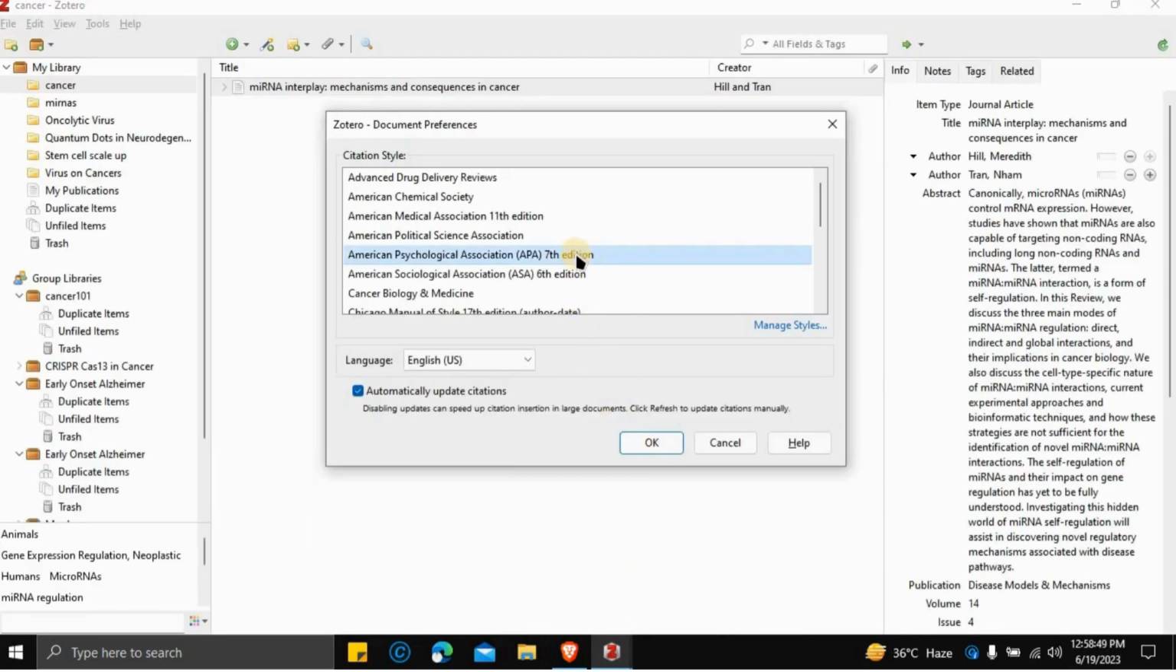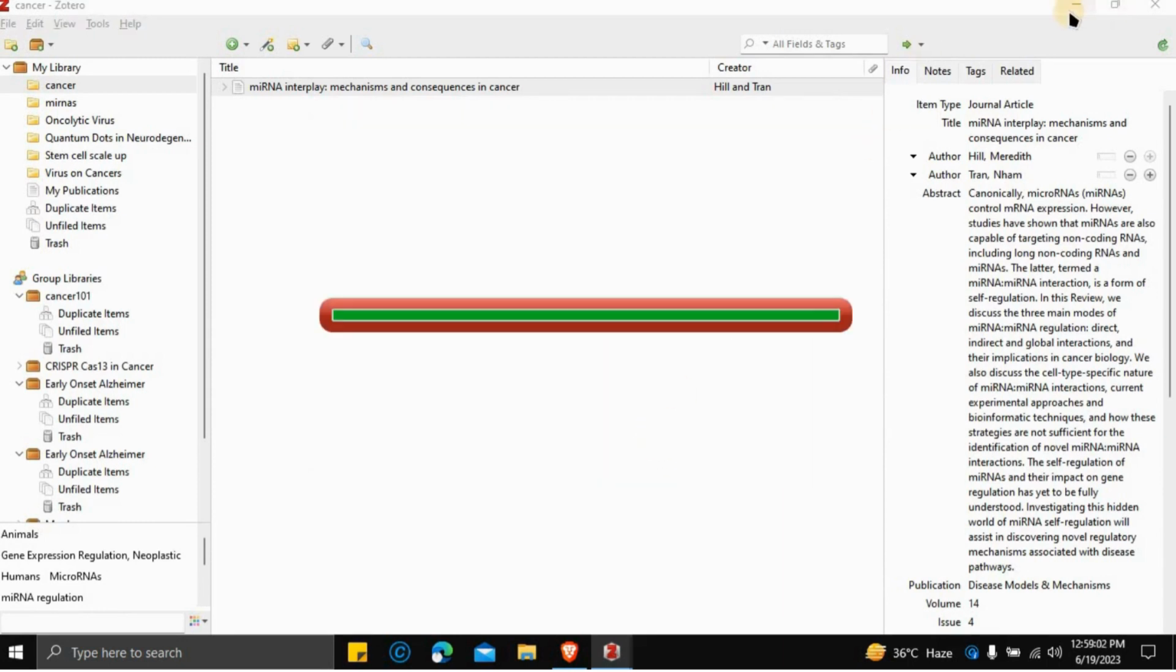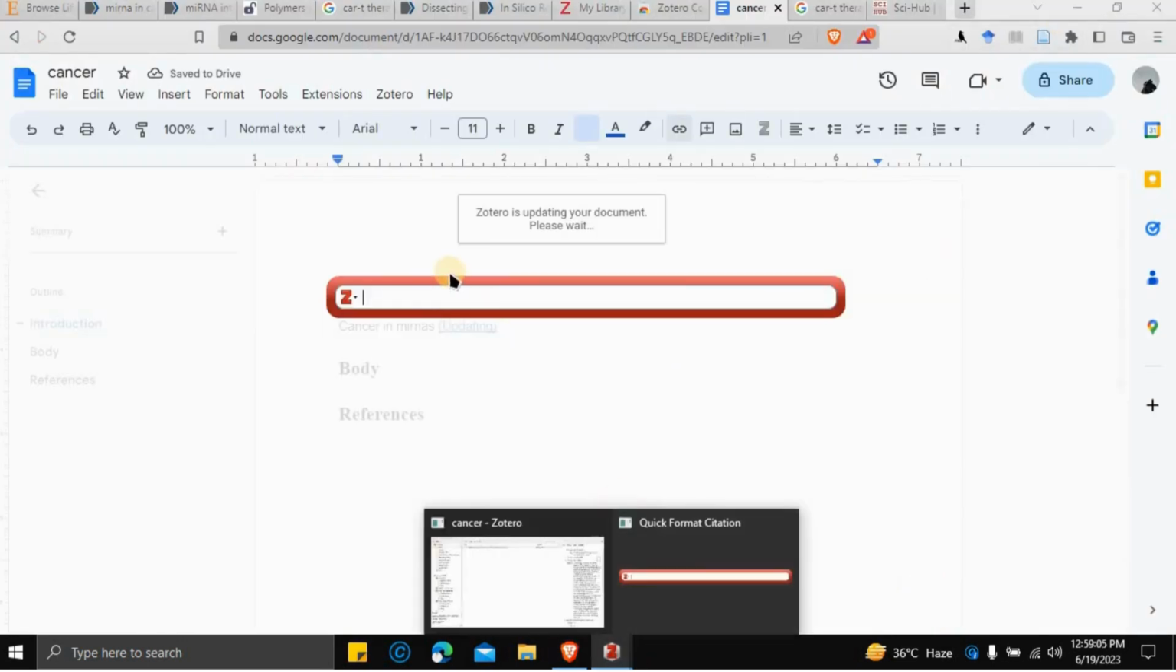So here I will click on it. Okay, first of all it will ask you which citation style you want to pick. So for now I am picking APA 7th edition, but you can change accordingly. So okay,